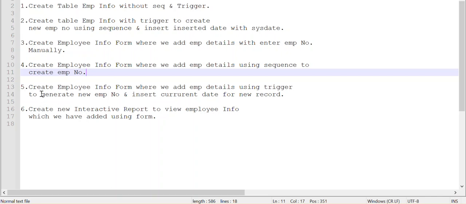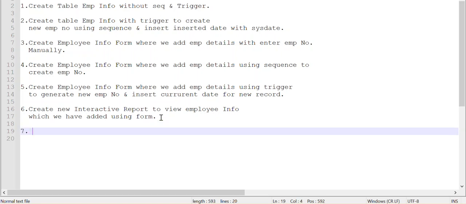And now one more form, where automatically all the requested fields will be created, and we are able to add new data by using this form and using the trigger. And here one more thing, we have created the interactive report to view the input information which we have added into this form,